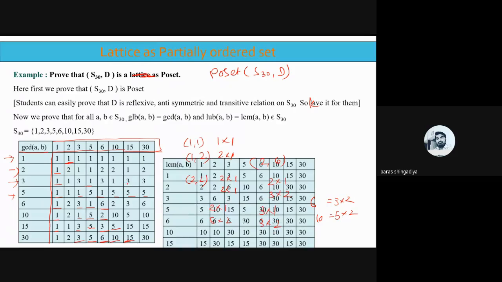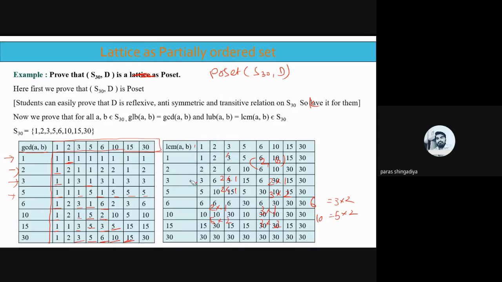And for that we have to derive the second table in a similar way, but here we will derive the LCM of the two numbers. Okay, so the same table you have to prepare. Consider the row as all entries of the S30: 1, 2, 3, 5, 6, 10, 15, 30, and then consider the column 1, 2, 3, 5, 6, 10, 15 and 30. Clear? And now consider the first value 1 and make it pair with all such values considered in the row: 1, 2, 3, 5, 6, 10, 15 and 30.